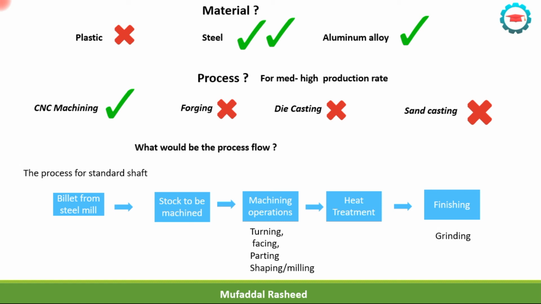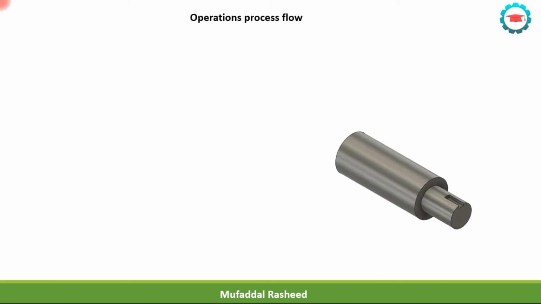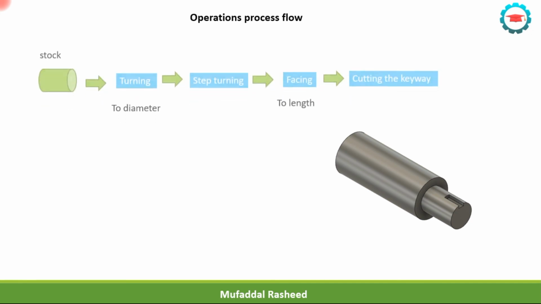Another important point is that there is no investment involved in machining. So if the machine tools are already available, if the CNC machine is available, let's say a 5-axis CNC machine, this kind of a part can be easily made in such a machine tool. So we don't need to purchase separate forging equipment or separate die casting equipment or dies for doing this kind of a part. So in terms of the various cutting operations or machining operations, it would be like this.